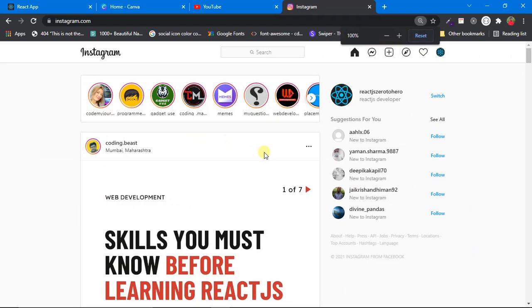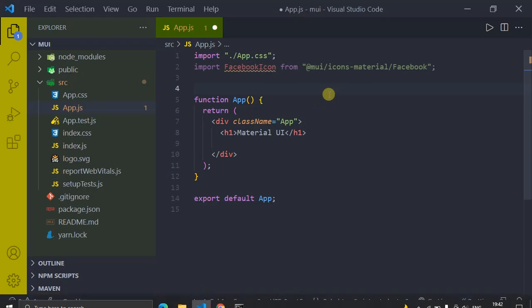I'll just close all this, and my React server is already up and running, so make sure your React server is also up and running. Now back to our code editor.